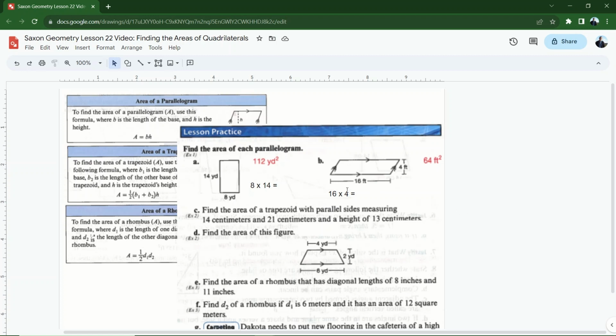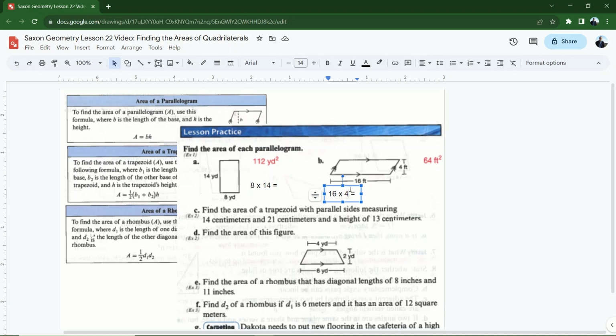The next question, find the area of a trapezoid with parallel sides measuring 14 centimeters and 21 centimeters and a height of 13 centimeters. All right, now let's think about that one for a second. I'm just going to work that one out right over here. So this one's going to be